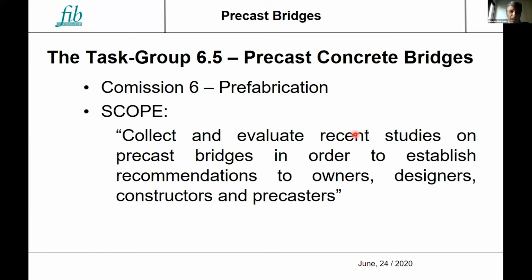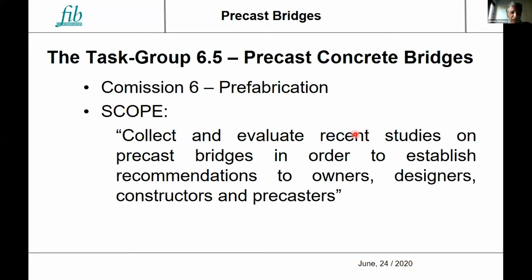The idea was to gather information from examples and experiences from all over the world, and, as mentioned early in the morning by our first presentation, to disseminate this information among the engineering community all over the world, including designers, constructors, and precasters as well.